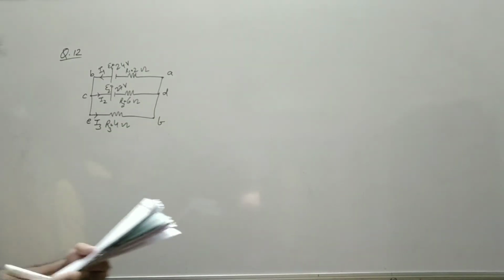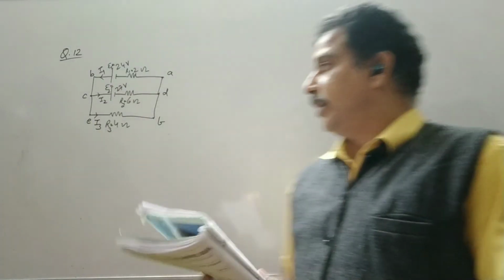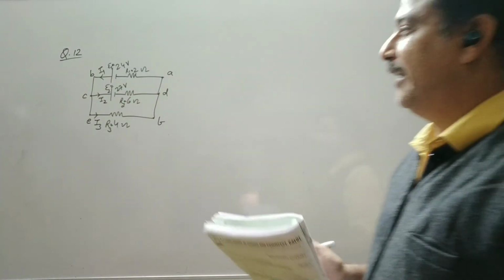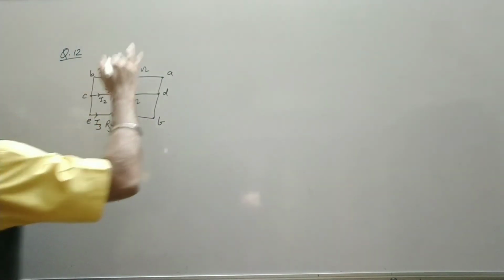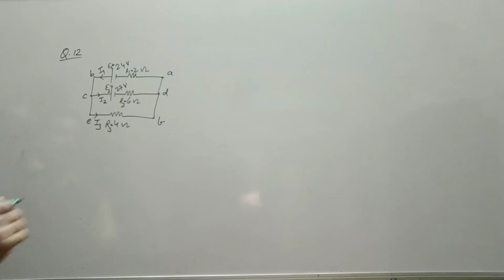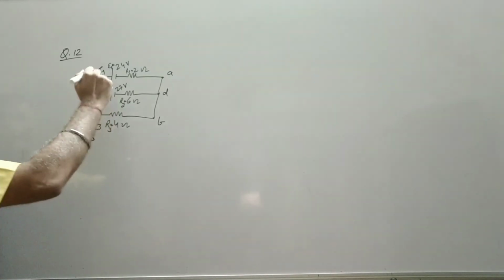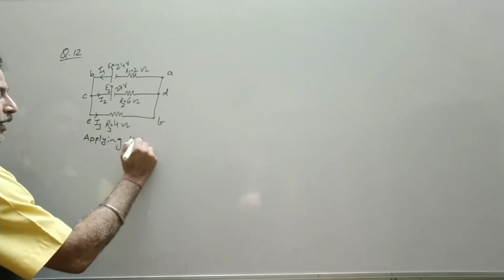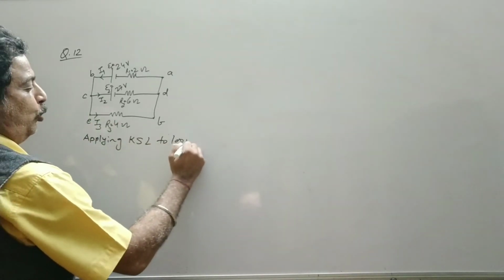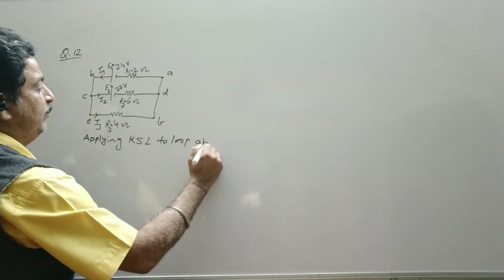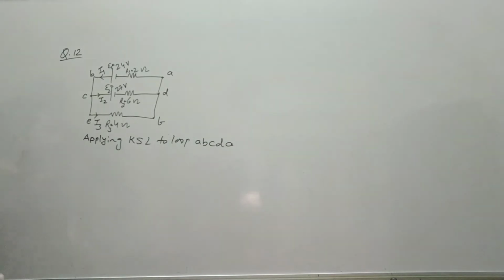Now this is MCQ number 12, we have a circuit given. We have to determine the value of I1 and I3. So we have labeled this I1, I2, R1, R2, R3. We have to apply Kirchhoff's second law. We have 3 variables, so we should have 3 loops. So applying Kirchhoff's second law to the loop, one loop is this itself, the upper half, that is A, B, C, D, A. So applying Kirchhoff's second law to the loop A, B, C, D, A.